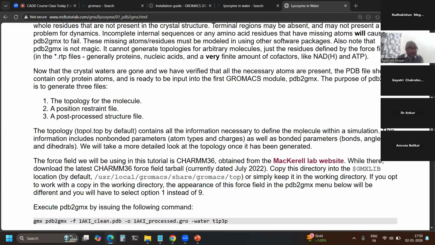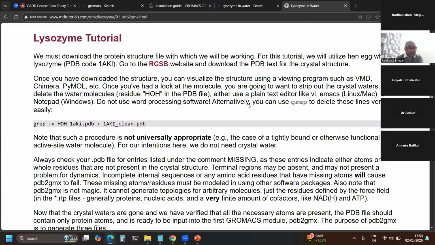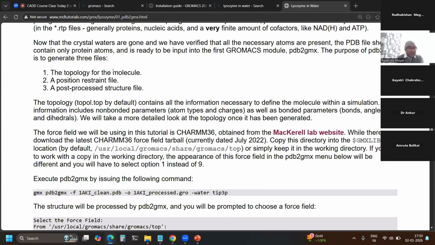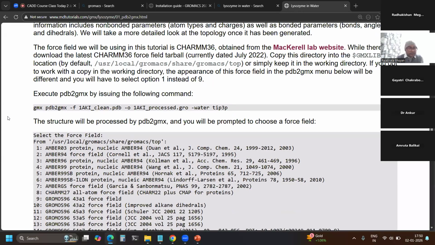And after that, you have to generate the topology of the molecule. So to generate the topology of the molecule, you should use this command. So you can see here what we are doing. We are running this command pdb2gmx. This is the command along with gmx, it will be run, and these are the flags of the command